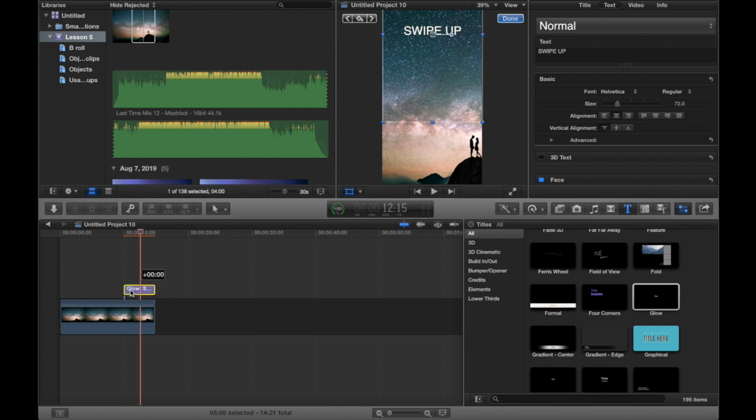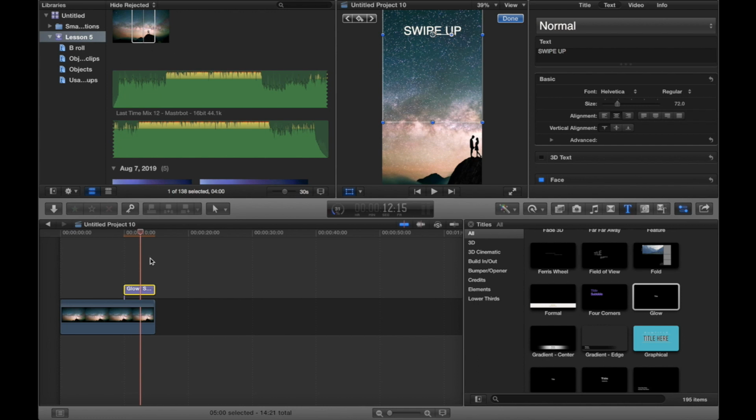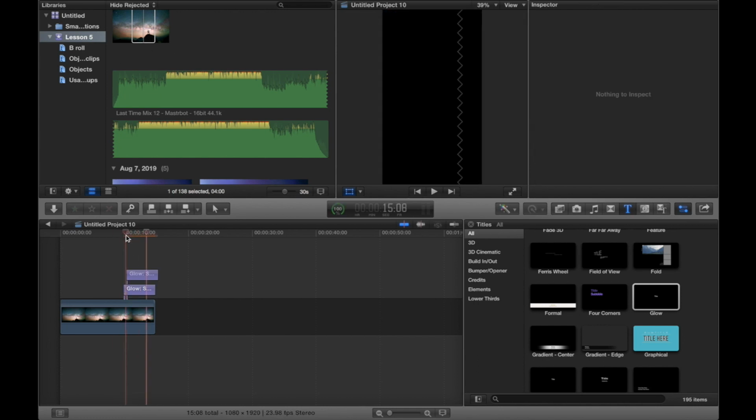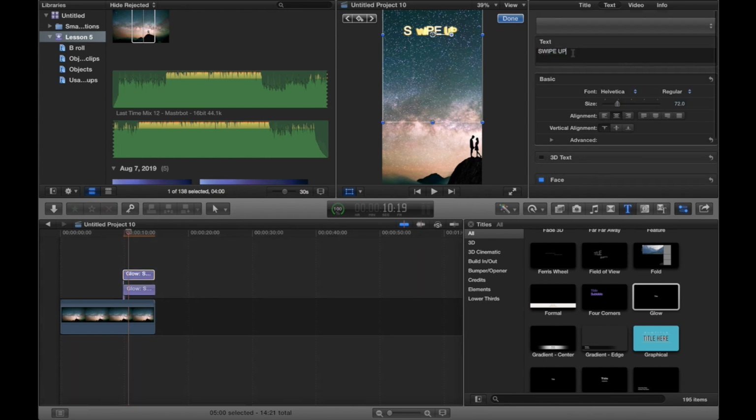So what we can do is copy that, layer it over if you want this text to come in at the same time. So what I did was a Command-C and Command-V shortcut. So what I can do is I can change this text to swipe up to see you